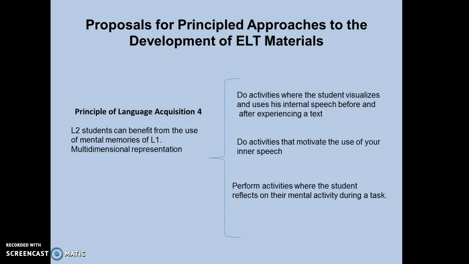Principle of language acquisition 4. L2 students can benefit from the use of mental resources of the L1, in this case multidimensional representation. Three aspects: do activities where the student visualizes and uses his inner space before and after experiencing a text; do activities that motivate the use of inner space; perform activities where the students reflect on their mental activity during and after the text. In this case, it's very important the students use the